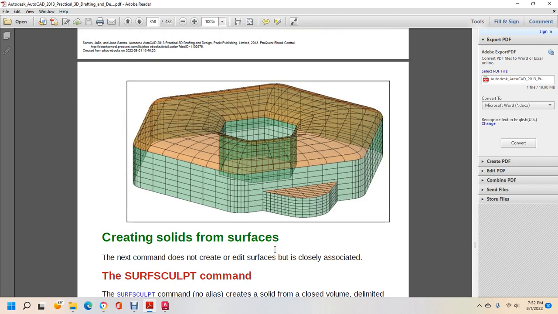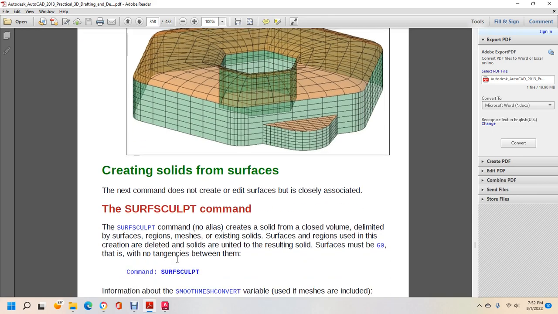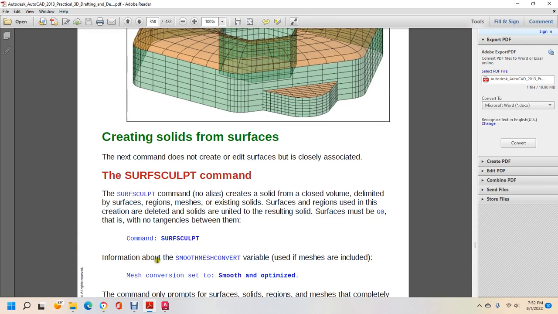Create solids from surfaces. The next command does not create or edit inner surfaces, but is closely associated. Surface sculpt command, no alias, creates a solid closed volume delimited by surface regions or meshes of the existing solids. Surfaces and regions used in this creation are deleted and united with the resulting solids. Surfaces must be G0, that is no tangencies between them. Command: surface sculpt. Information